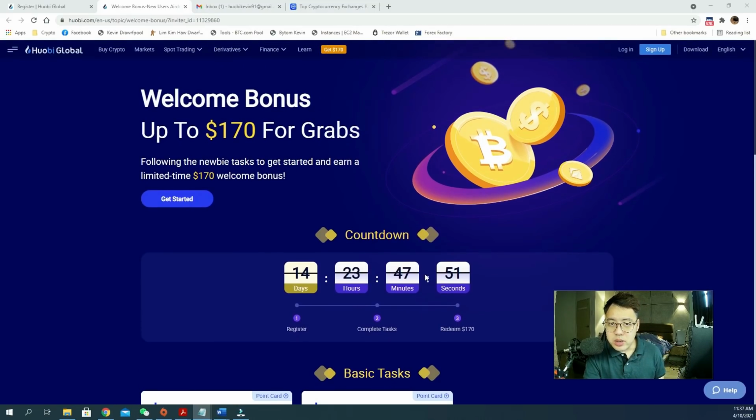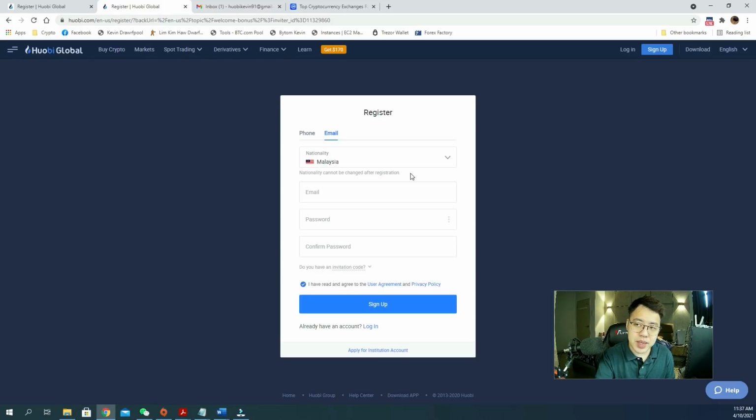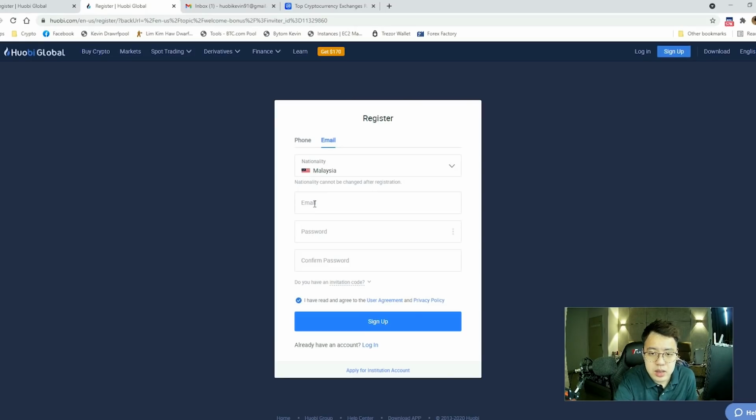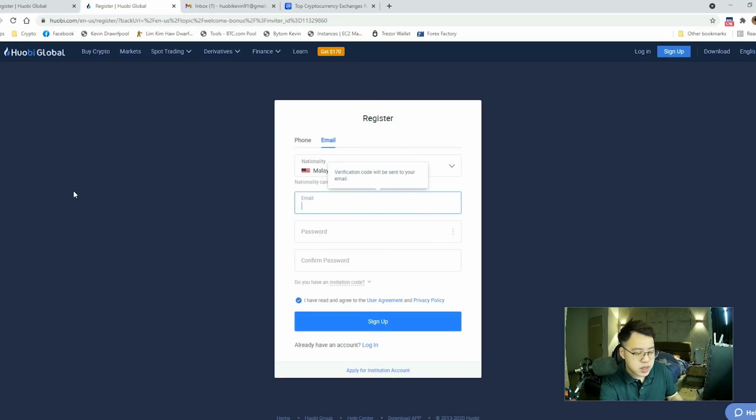The first step you need to do is, of course, click the sign up button on your right side. Once you have clicked the sign up button, a column will pop out where you need to fill up the form, which is first of all you need to click on your nationality. I'm from Malaysia, so I will be using the Malaysia nationality. The second thing is you need to key in your email address. I have created a sample email address, so I'll be using this